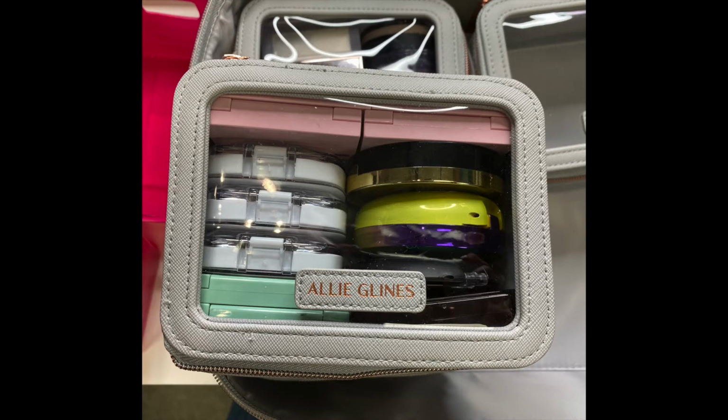There you go. So I was not able to fit these because these are quite large. Oh, I missed this. I know that that'll fit in there. We can just unzip this real quick and it'll go right on top, I'm sure. So, sorry, this is hard with one hand, but